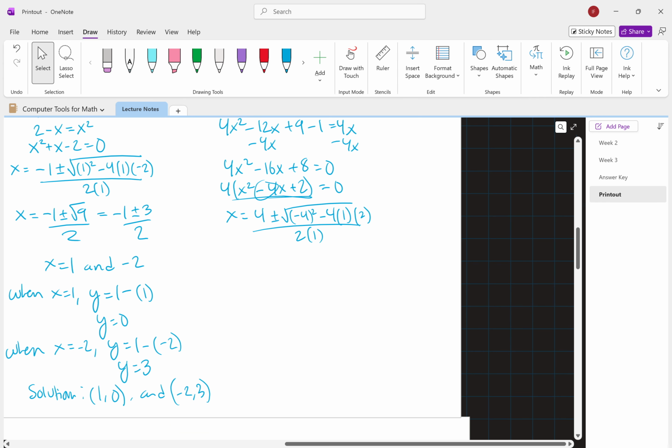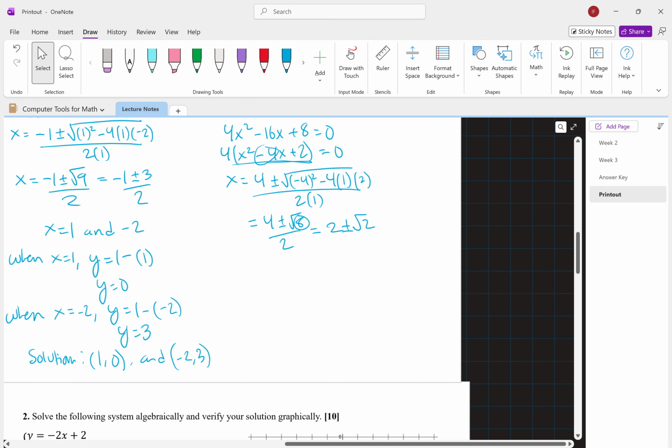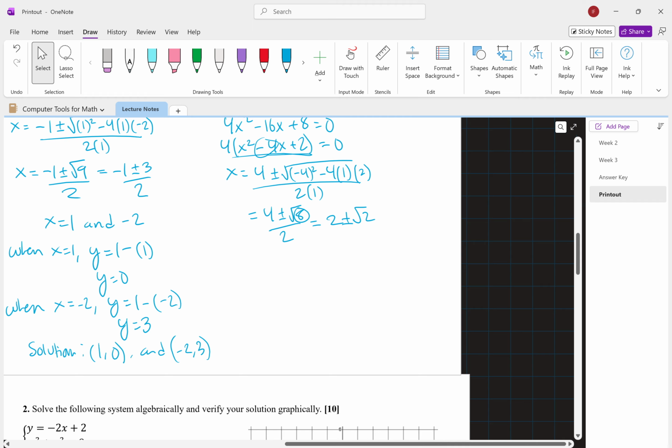So then here, again, once we simplify everything, plug it into our calculators, we're going to have x is equal to 4 plus or minus rad 8 over 2. That can be simplified, of course, into 2 plus or minus rad 2, because 8 is equal to 4 times 2, we can square root the 4 to get 2 over here, then divide by 2. And then when we plug 2 plus or minus rad 2 into our calculators, we get x is equal to